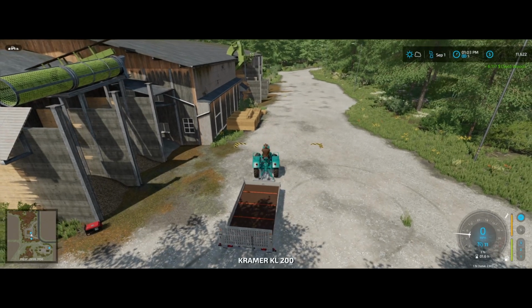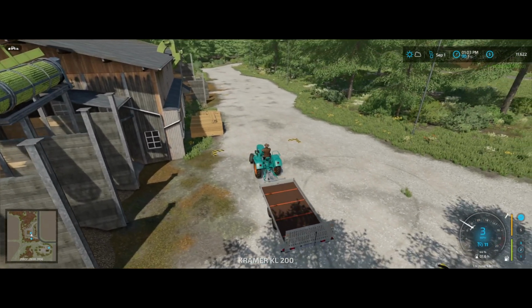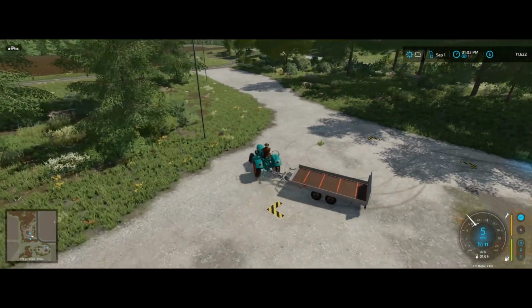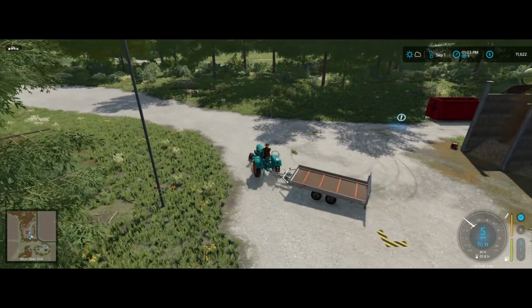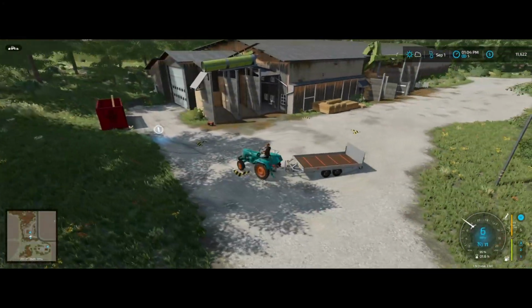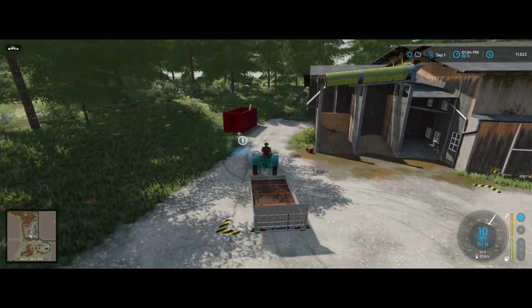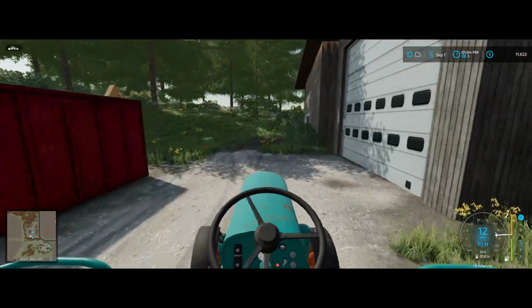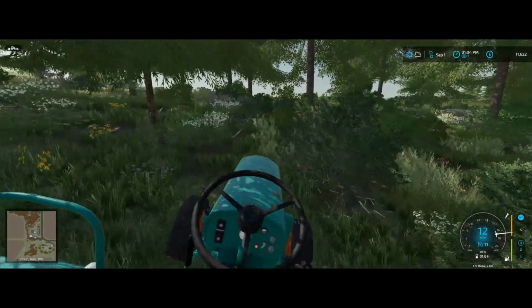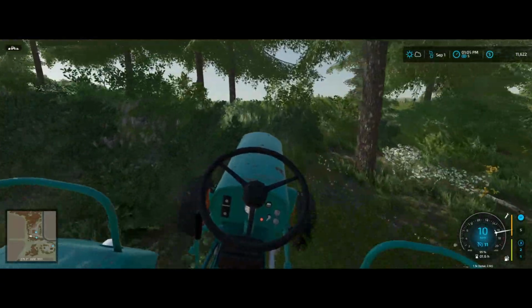However, I was thinking on the way over here, it's not just about getting the harvester, right? You need to also have a trailer that can hold grain. This trailer is not one of those trailers. So that's a little bit more of a wrinkle into the plan as well. We need to not only have $12,000 to pick up the harvester,